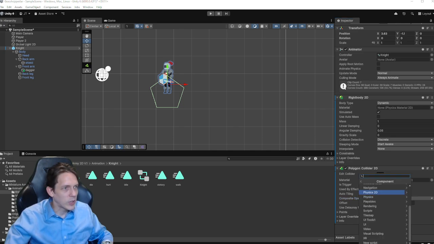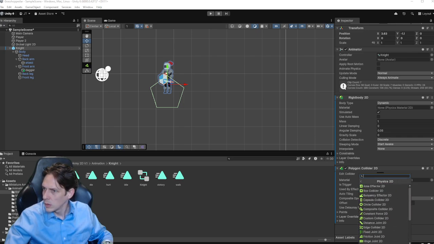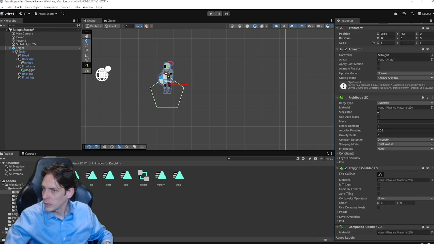Don't know what that is. We're going to go ahead and get a composite collider as well. This one.